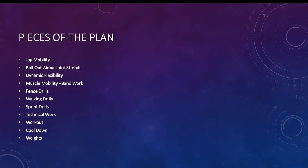Muscle mobility, band work. That's where, from dynamic flexibility, this is the upright work that we do. Instead of lying down and doing things like iron crosses and scorpions, we're on our feet, working up through our body. So going from the toes, through the ankles, through the shins, through the knees, through the hips, through the back, through the arms, shoulders, neck, everything. It's more dynamic movements, where we're trying to move through things. And I like band work here, so it gets a little bit more